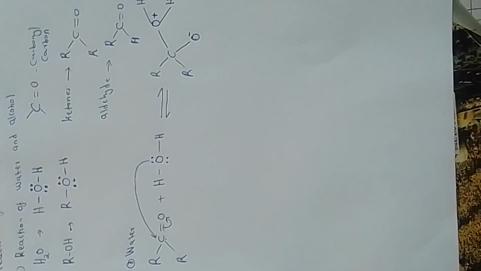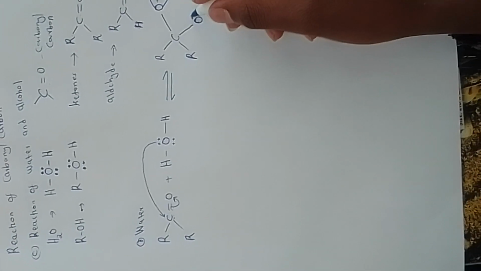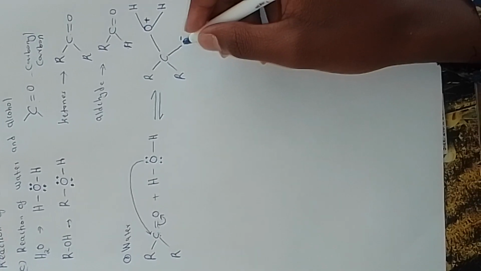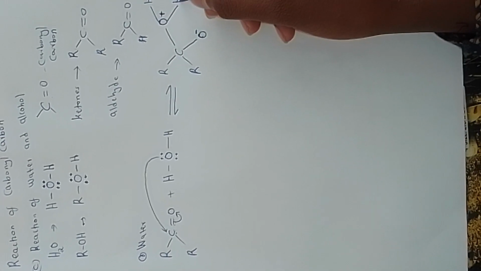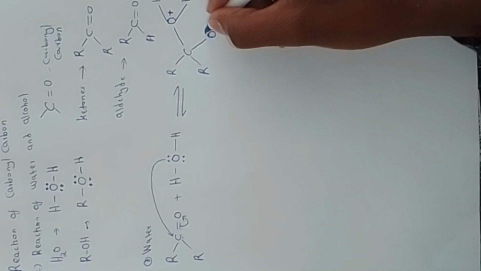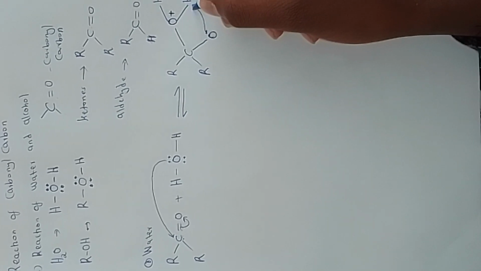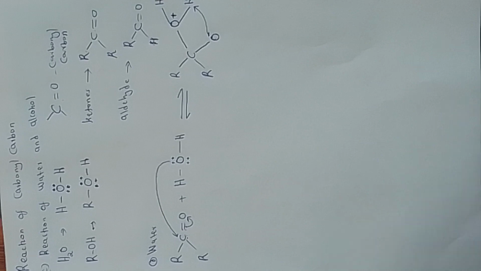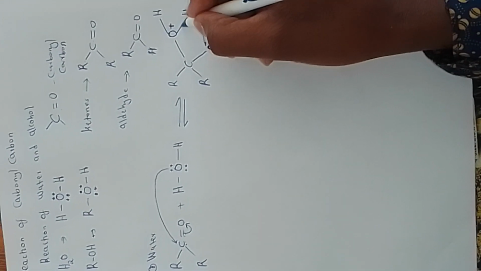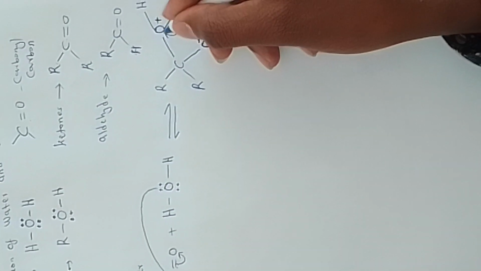The process continues. Because this oxygen has enough electrons, it will attack this hydrogen because it needs this oxygen. So when it attacks, this bond opens up and the electrons will move to oxygen,